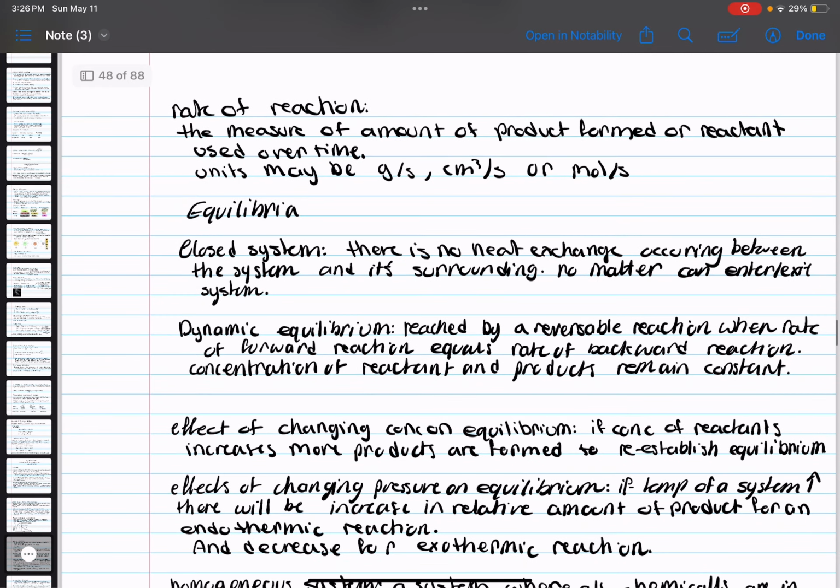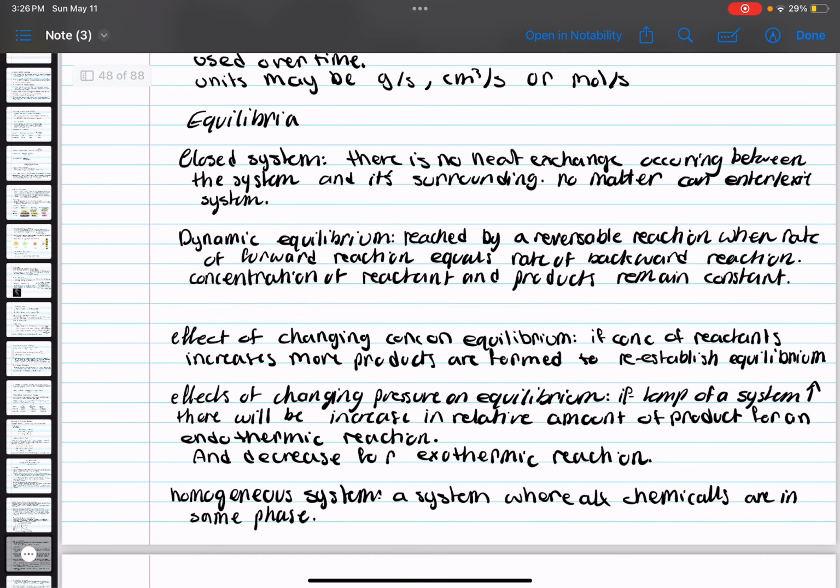Rate of reaction is a measure of the amount of product formed or reactant used over time. Equilibria in a closed system is where no heat exchange happens between the system and the surroundings, no matter